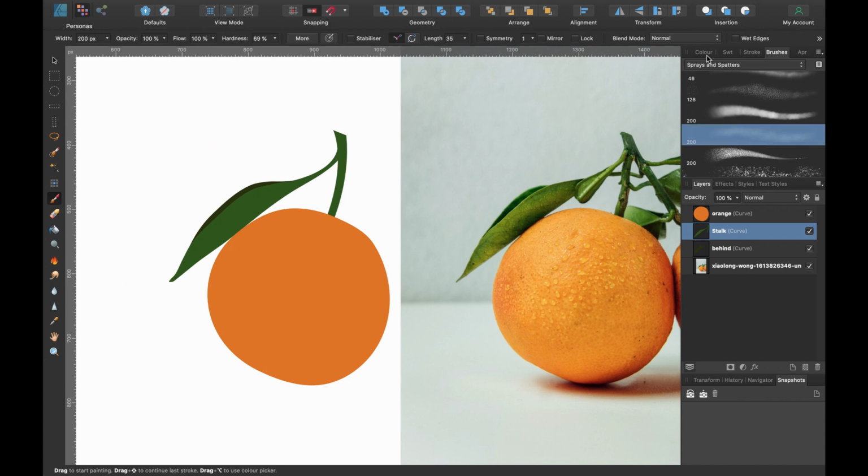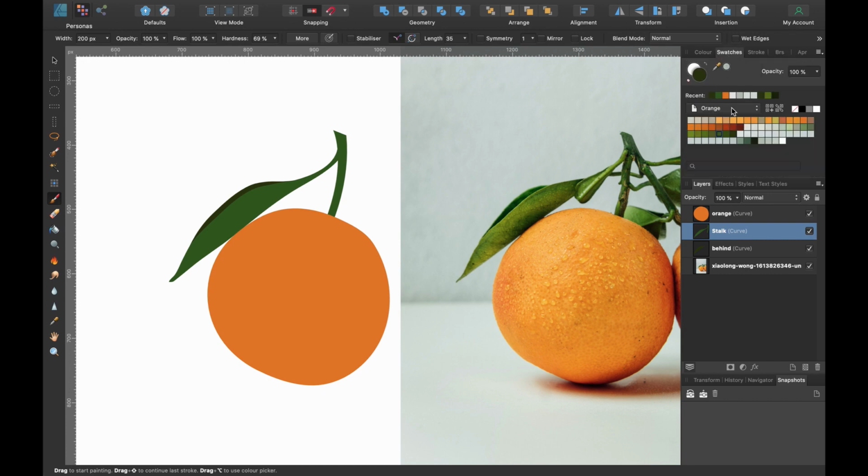And now I'm going to choose a color. So I'm going to go on our swatches again. And you can see this is our orange palette. And I'm going to select a lighter orange color here. So I'll start off by selecting this one. What I'm going to be doing is using the paintbrush with this particular brush to kind of build up our texture. So it kind of looks similar to this. It's not going to look realistic on this one. We're just going for a cool looking orange. So I'm starting off with this. Got a fairly big brush here, and I'm going to select orange.